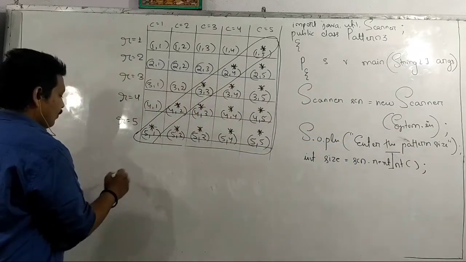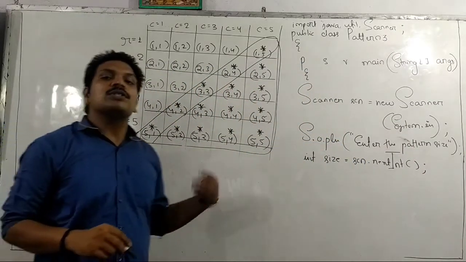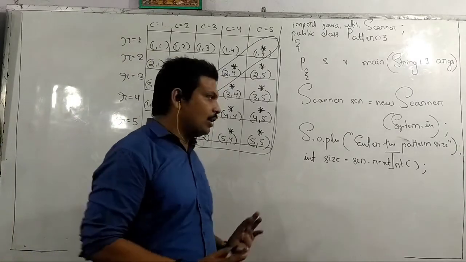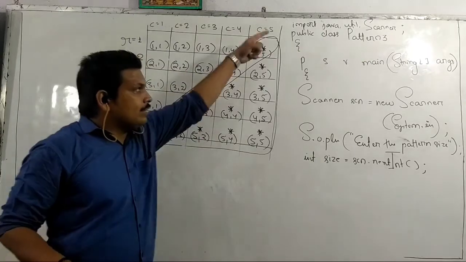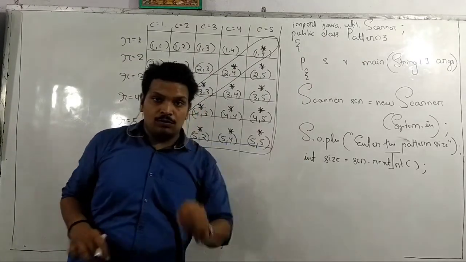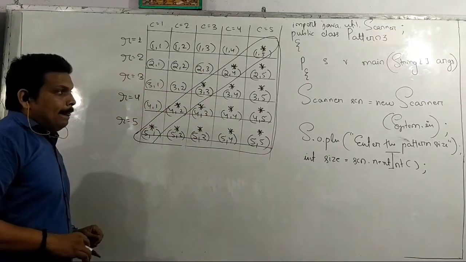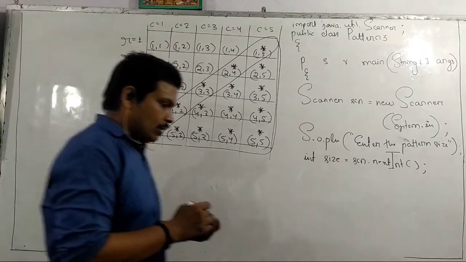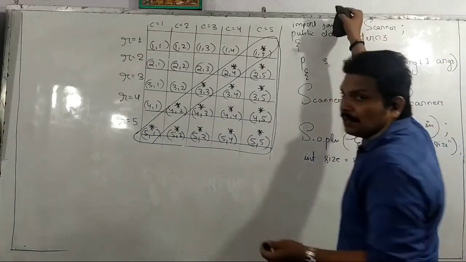So in place of what? R less than or equal to 5 or C less than or equal to 5, we will write R less than or equal to size or C less than or equal to size. Okay. You can take a screenshot of this, or you can pause the video and write this in your notebook. Okay. Take it. Okay. Now listen. I am rubbing this part.